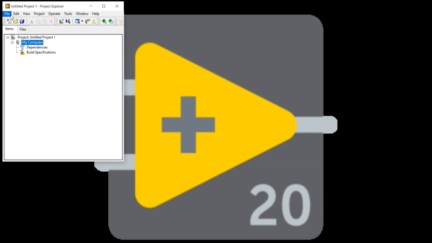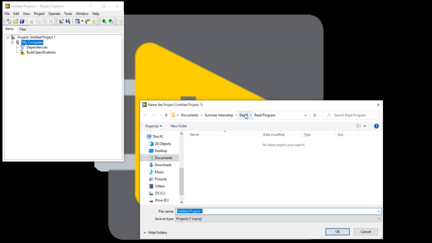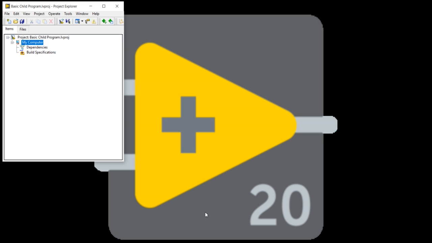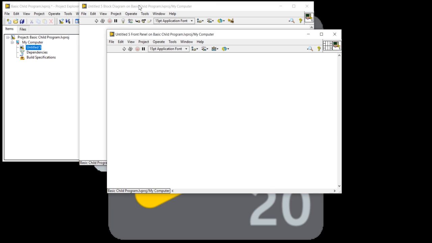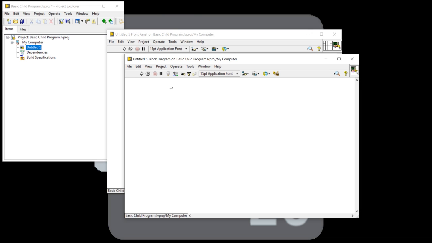Now save the program with the name Basic Child Learning Program. So what is the concept of Basic Child Learning Program? First, create this project. When you are done, after that, create a new VI. When you complete all these 3 steps, then inform me. Then we'll go to the next step.